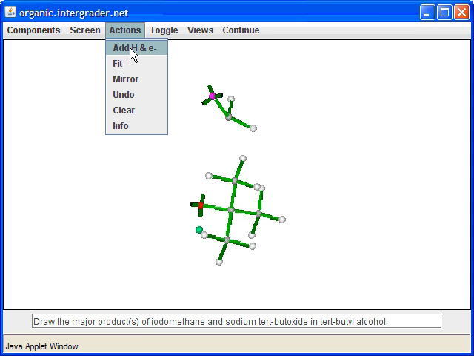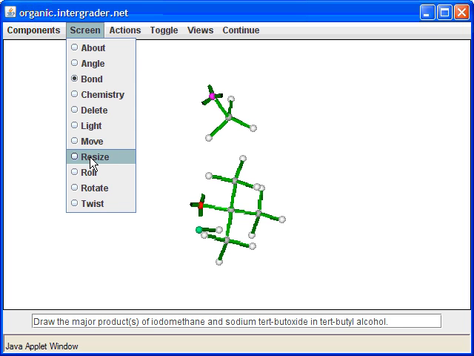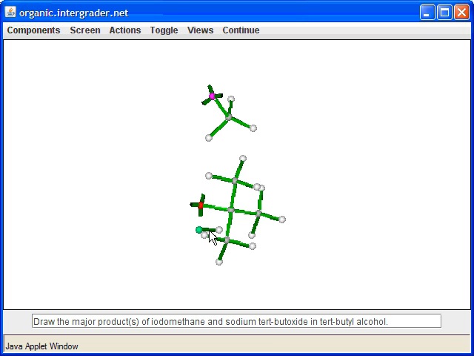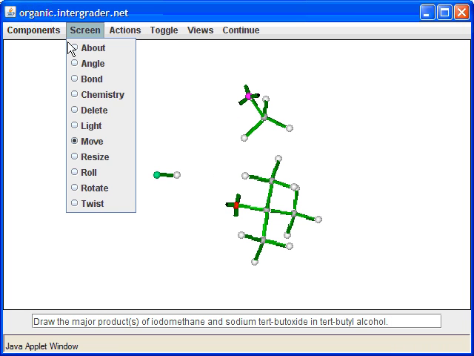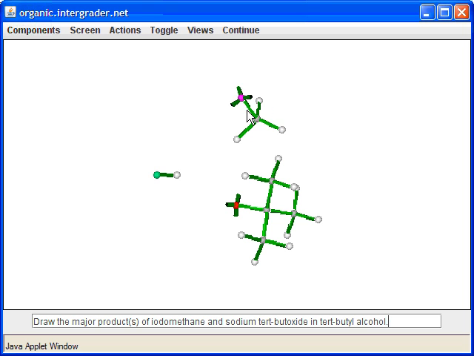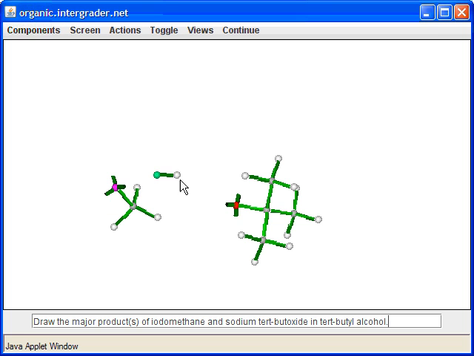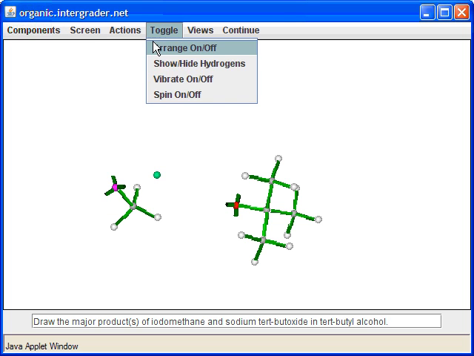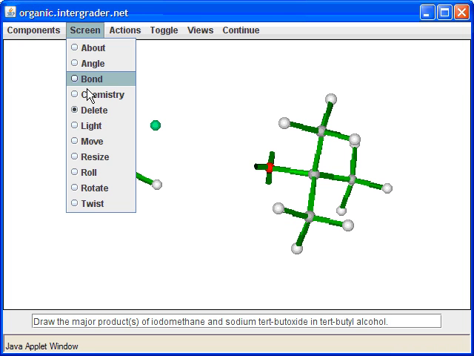Let me add all my hydrogens. Now be very careful. What I just did right now was something bad, because I had a potassium. That's actually a potassium right there, and that particular potassium was by itself, and so that's why it actually got hydrogen added to it. So I'm going to go back now and delete that extra hydrogen there. Let me hit arrange here, or let me at least fit everything onto the screen.